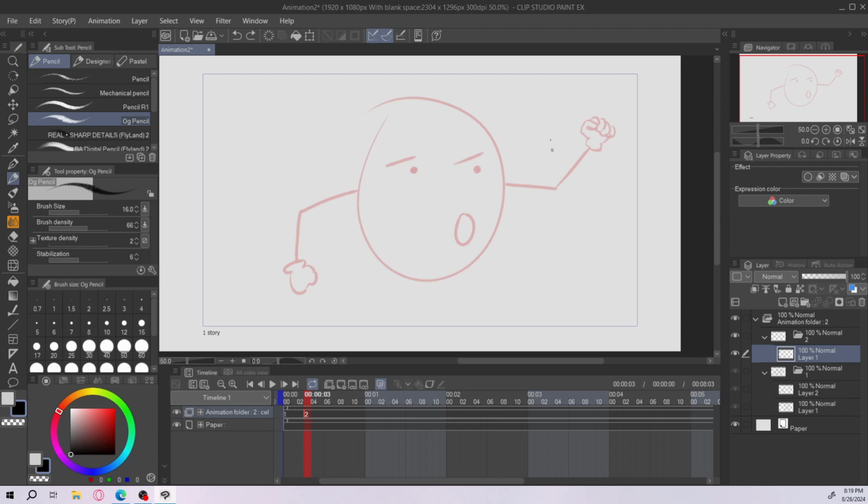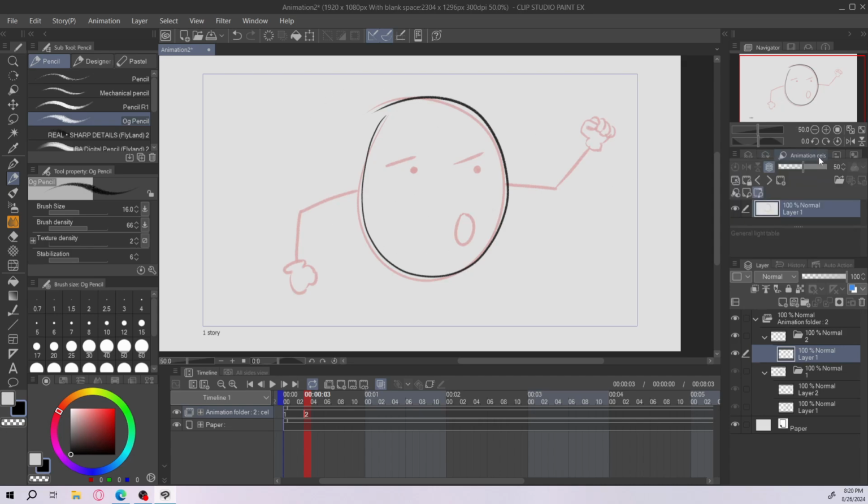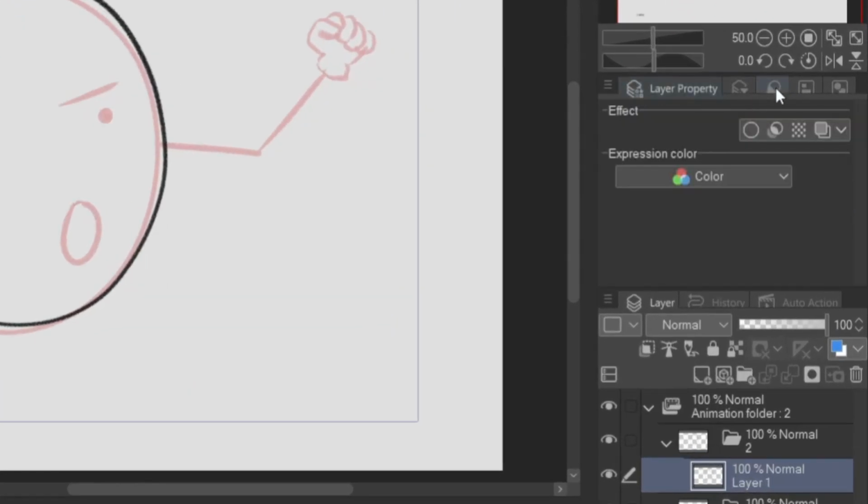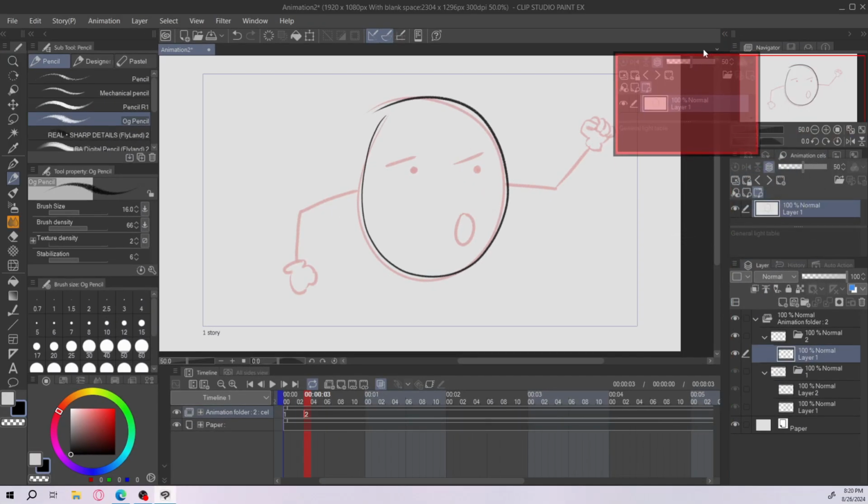It's a simple circle, but if you want it to get really close, even closer than this, you can use the light table, because it can be very useful to keep your animations more consistent. I'll just give you a sneak peek. This is the light table icon over here. It's under layer property. What I normally do is drag it out here,